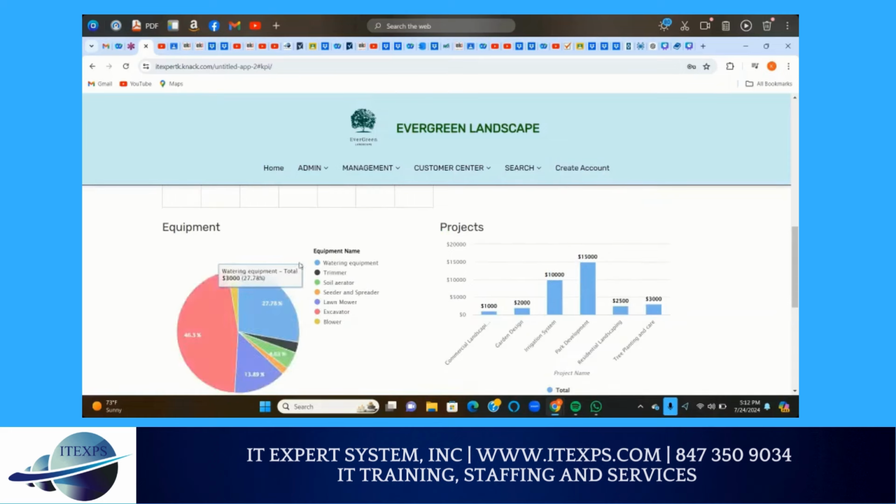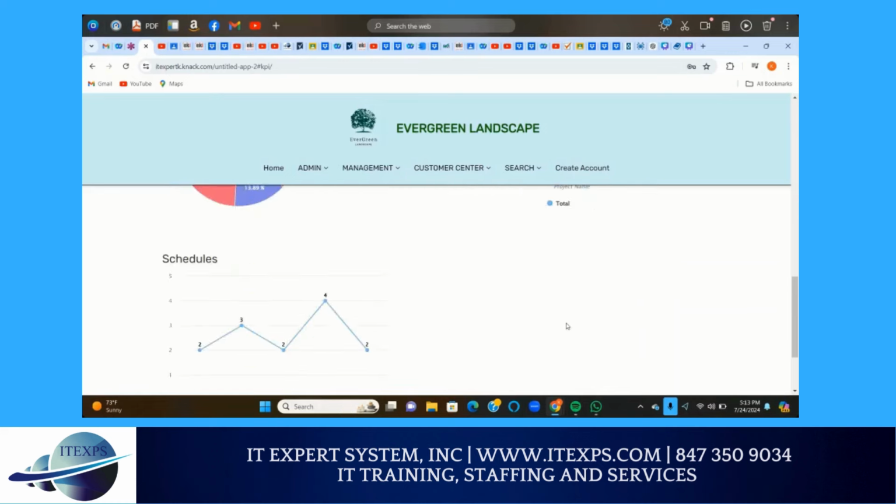This other pie chart shows equipment name and the cost of the equipment. You see that the most expensive equipment we're handling here is the excavator, followed by the watering equipment. And you can see the equipment names here. Then these are the projects we are running and the cost of the project, with the most expensive being the park development.